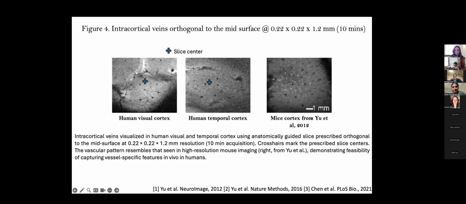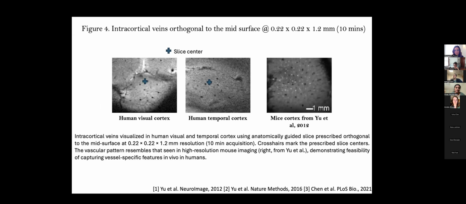We had done the same type of slice. He had put the slice again perpendicular to the laminar profile. And all the black dots that you see are veins, and the white dots that you see are actually arteries. The arteries are smaller. We need to go at much higher resolution. I think in a primate it was shown at 80 or 70 microns to actually start seeing these arteries. So we don't see the arteries, but